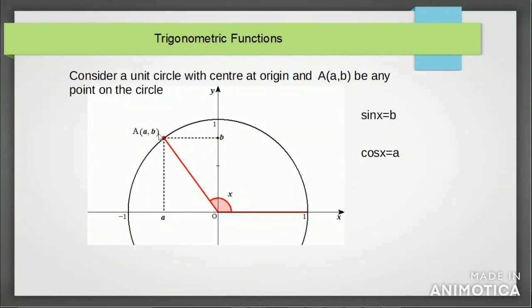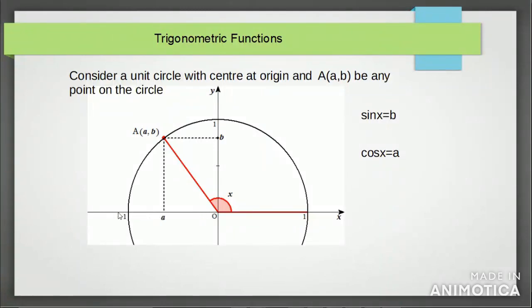Now you take a point on the circle. The point may be anywhere on the circle. You know the coordinates of the point, the x coordinate and the y coordinate. I recall again, if A is a point here, you can draw a perpendicular from this point to the x axis, and you will get one point on the x axis, and corresponding to that you will have a real number A. You can clearly observe that if the point is here, A will be negative because it is on the negative side of the x axis.